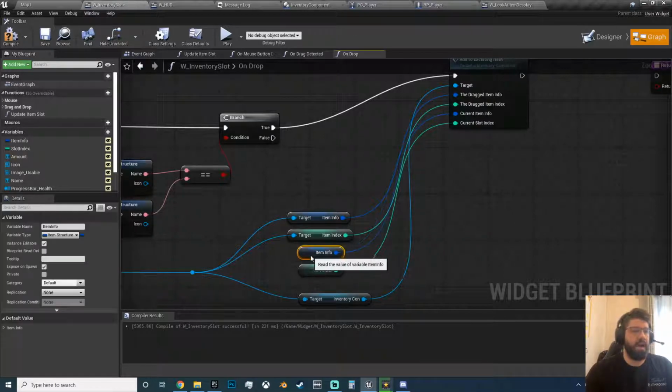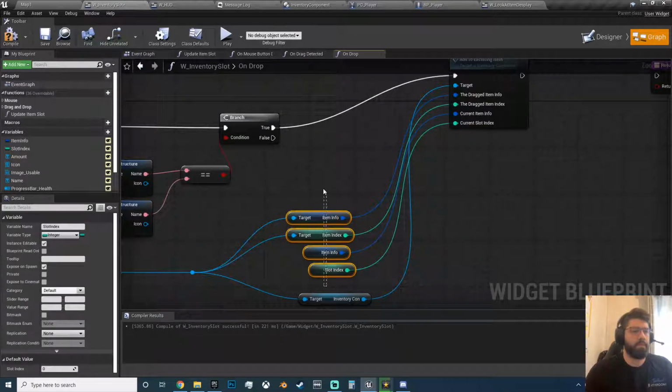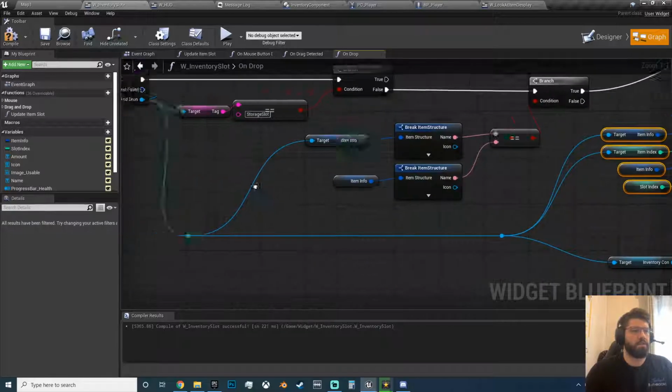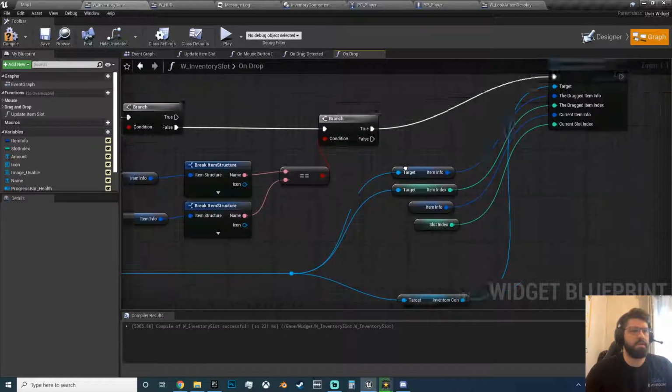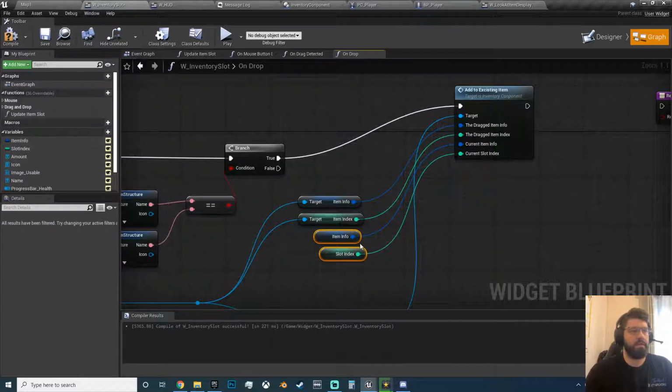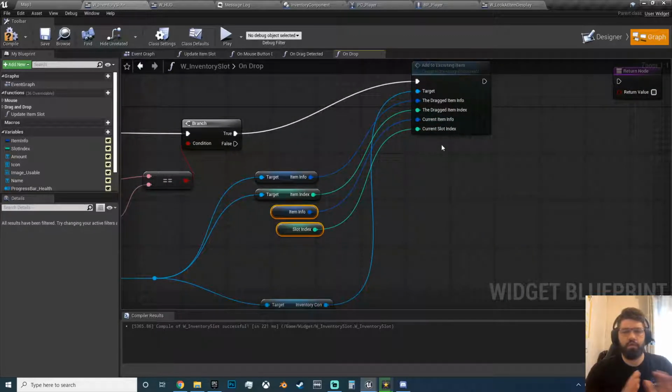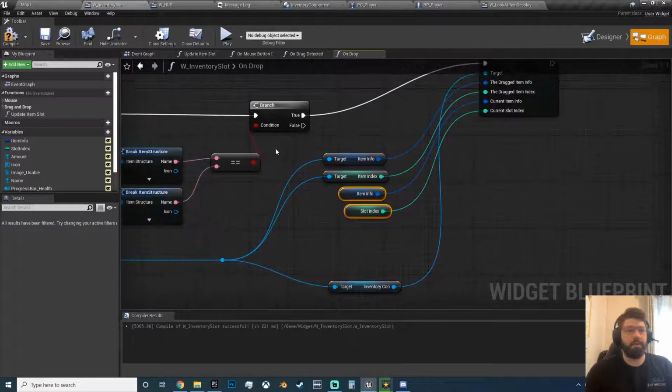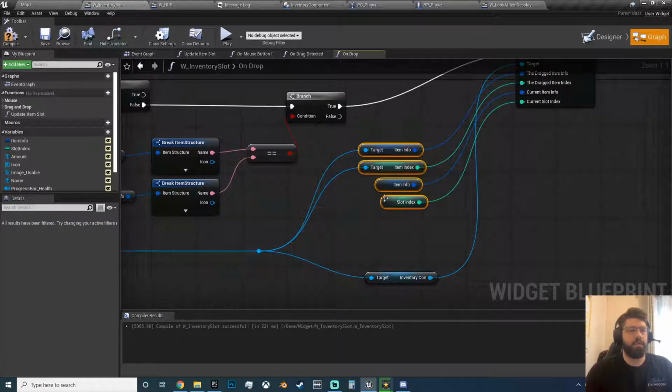Yes, so it's as it seems. So put your dragged stuff, which is this, into the dragged, or the coming in item, into here, and the current, which is here, into the current slot item info and the slot. You're not swapping anything around. You are, however, on the other one, because if this is not the same,